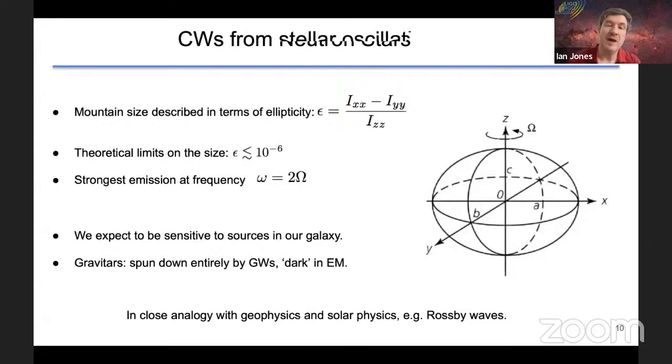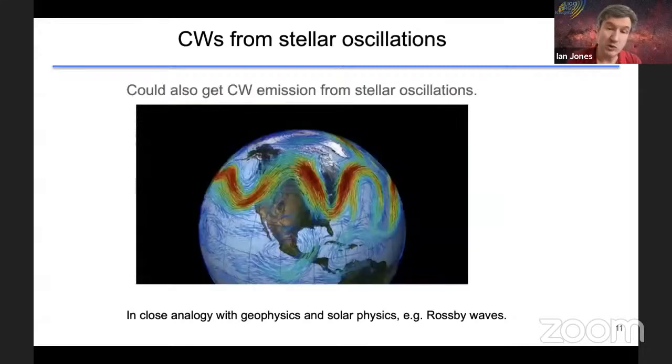Before I wrap up, as well as having spinning neutron stars with mountains, neutron stars themselves, they're called neutron stars because they're mainly made of a neutron fluid. And whenever you've got a rotating ball of gravitating fluid, you can get waves in it. And this is a real picture of a wave, a Rossby type wave, as it's called, on the Earth. We expect and we hope that there'll be similar sorts of waves existing on neutron stars. They change the gravitational field too, so they too could produce gravitational waves.